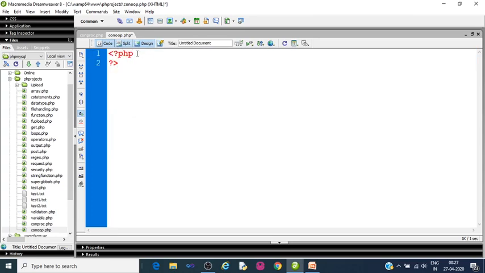So this is our connection by the object-oriented programming method. So $con is equal to, we have to create an instance of the MySQLi class. So this is the object $con of the class MySQLi, new MySQLi, and then within this we have to pass three properties.